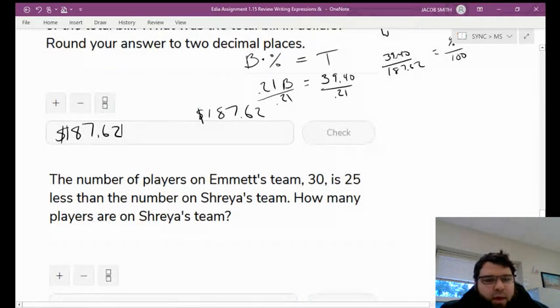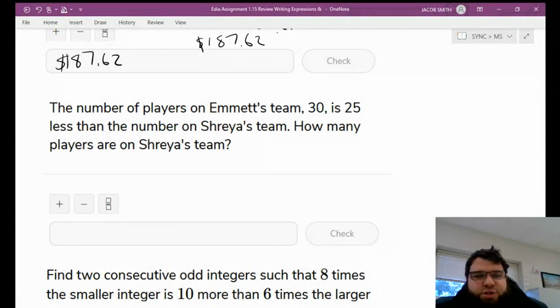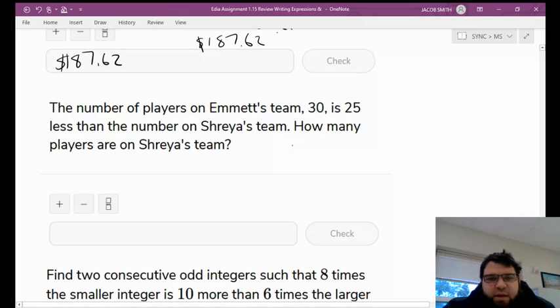All right. The number of players on Emmett's team, 30, is 25 less than the number on Shreya's team. How many players are on Shreya's team? Right. So we have Emmett's team and we have Shreya's team. So Emmett's team is, because it says equals, Emmett's team is